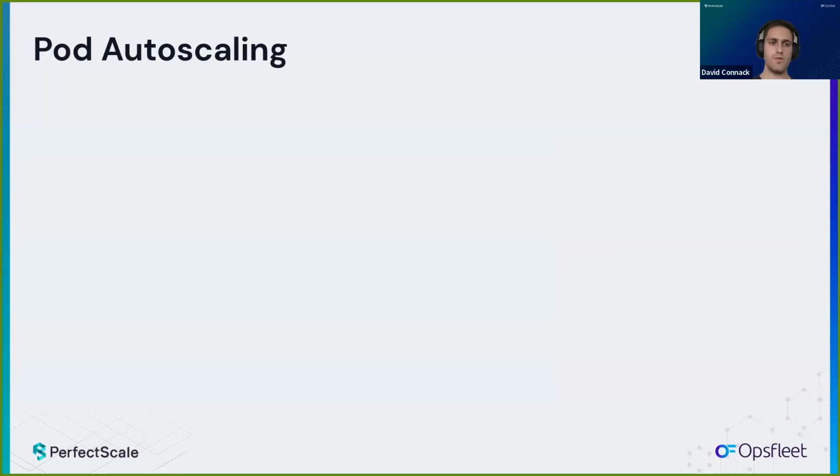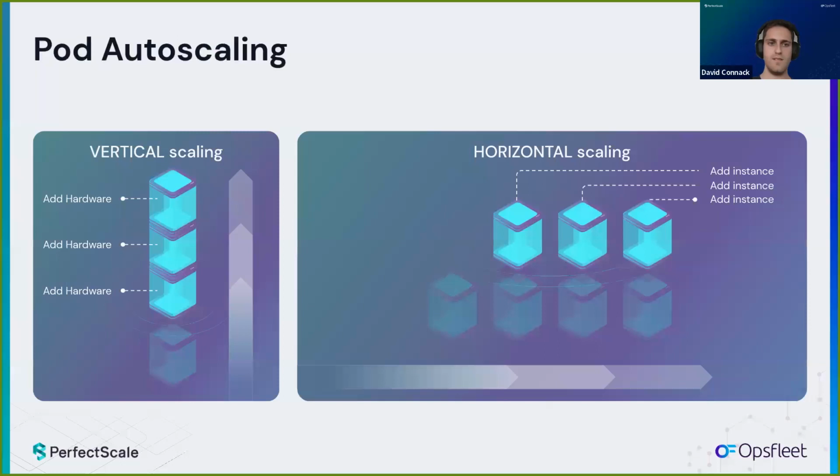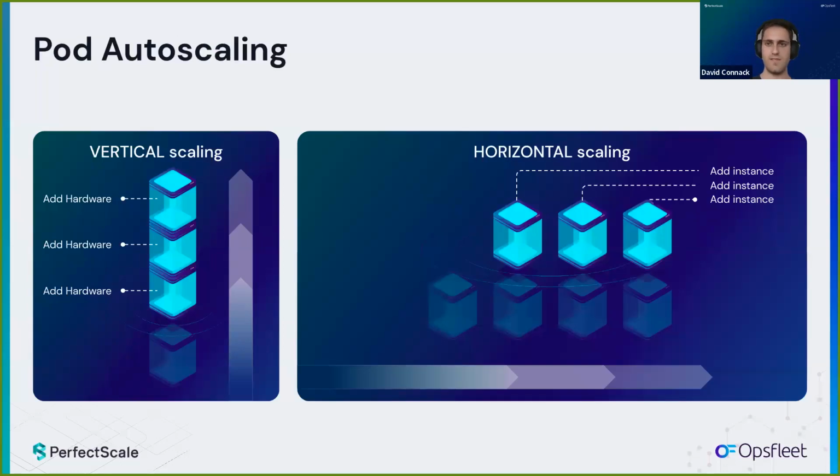So the first thing we're going to talk about is pod autoscaling. There's 2 ways that we can scale pods, vertically and horizontally, and each has its benefits and disadvantages. Let's talk about vertical scaling first. This means that we add more resources to your pod when needed. So we have a pod, it's got some sort of resources, and as it needs more resources, we add more resources, for example, RAM and CPU to this pod. A very useful feature of vertical scaling is the VPA recommender, because what it will do is it will actually look at the historical and current usage of your pod, and it will recommend the resource requirements for your pod